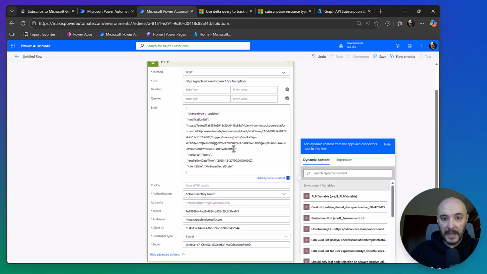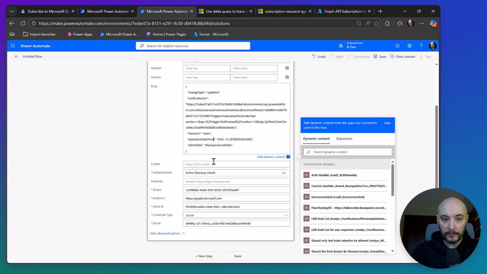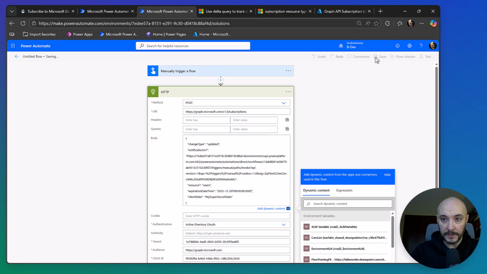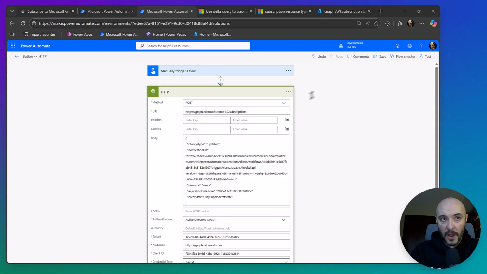Yeah, and then the client state, my super secret state. This is a state that will also be sent in every notification to the second flow. Okay, that's pretty much it. Now, if I run this flow,